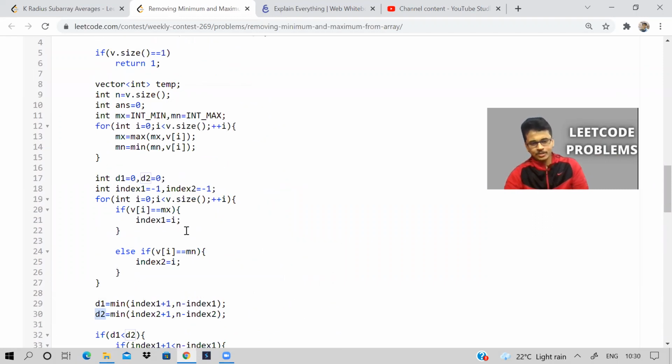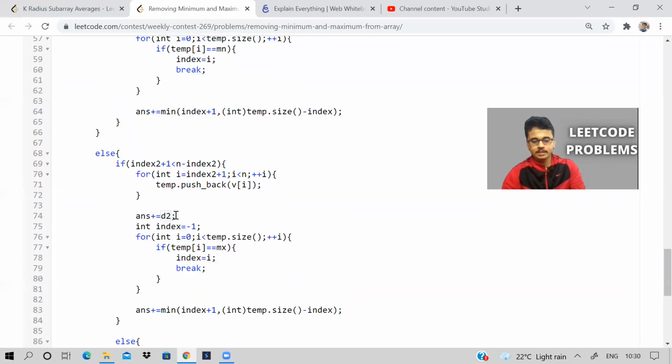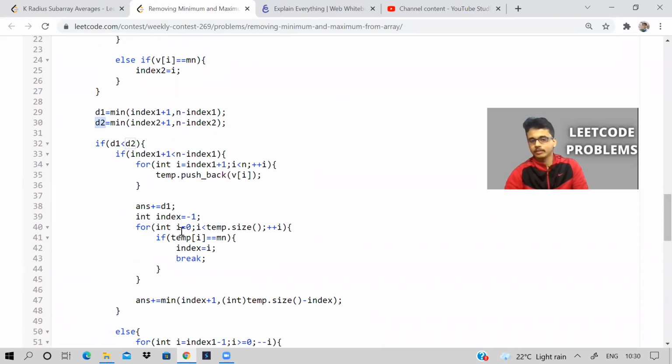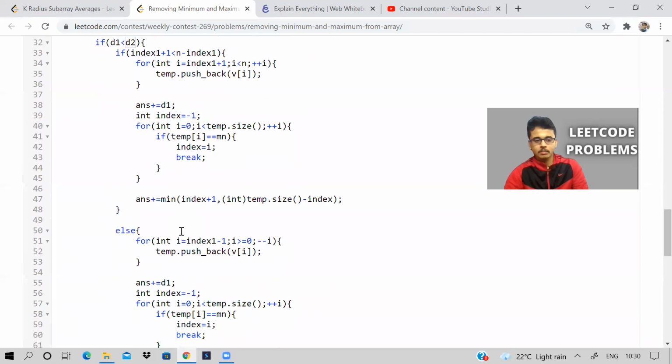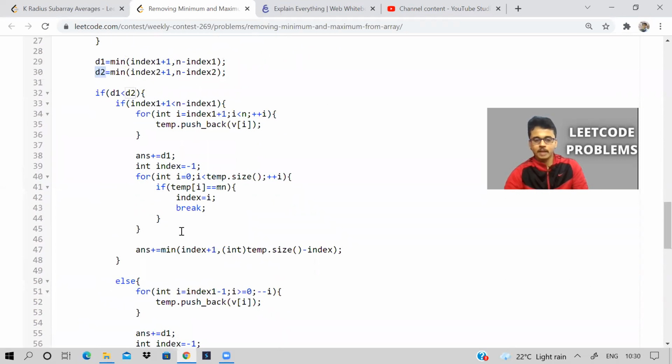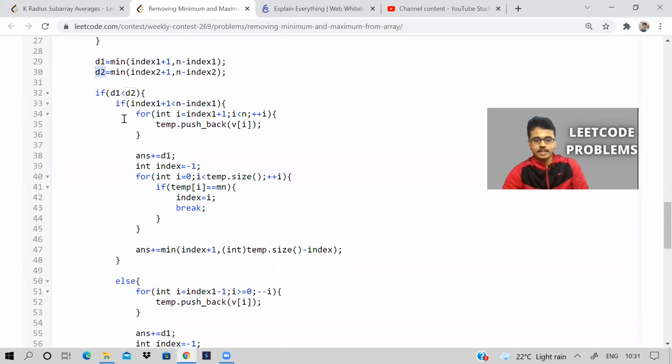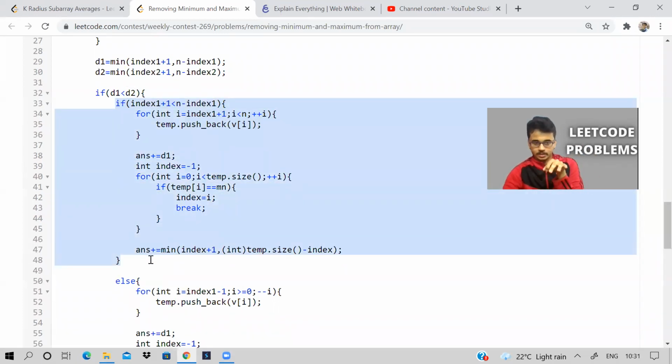So actually, I don't think you have to do so much circus. Maybe there is a smarter solution. You can do it with some mental maths only. We don't need an O of n solution, but this is what I used. So my thought process, as I was thinking, I was just coding it. So I should have thought about a better solution though. Tell me in the comments if you know an O of 1 space solution and how you thought about it so quickly. So basically, this was when I am deleting the maximum element first.